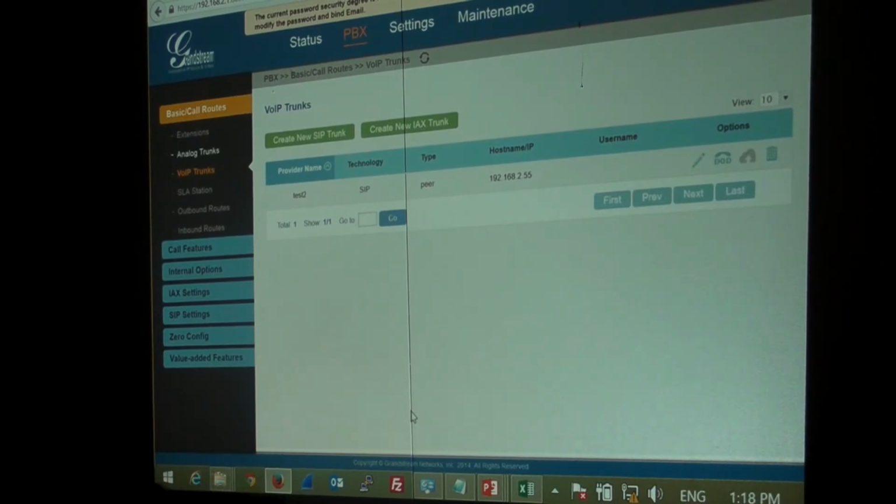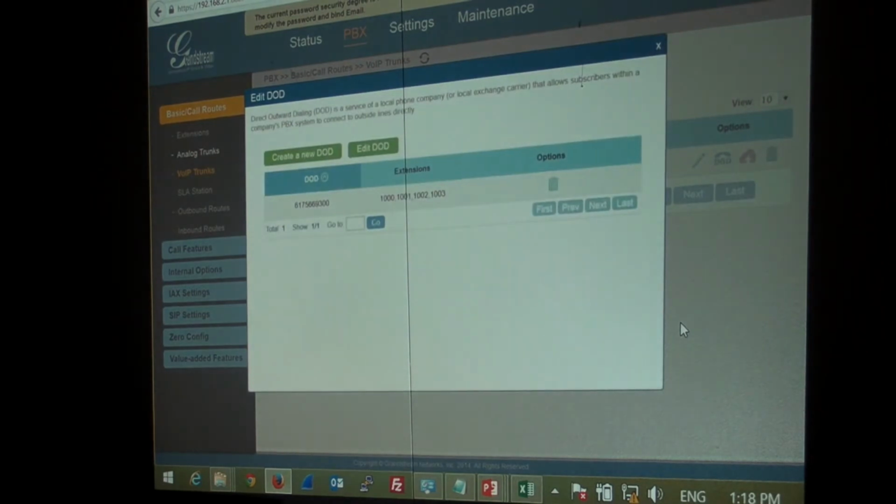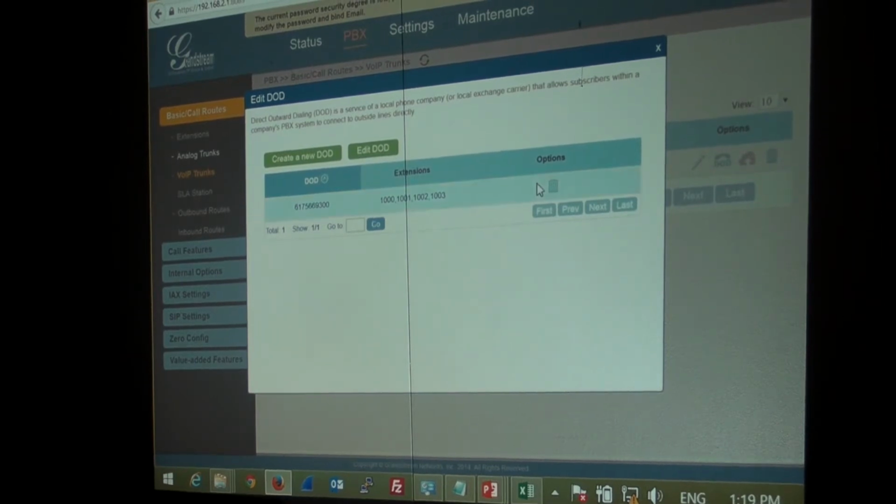So we have 2 trunks, analog and VoIP. Let's do DOD, similar to DID. We're going to talk about DID more in the next section, which is called routing. But as I said before, incoming calls can be routed depending on the DID, similar to outbound calls. So if you have a company with multiple DIDs, the support department is using one particular number, and then accounting or the rest of the office is using another DID. When support makes an outbound call, you want to show a particular number so people can redial and reach the support line. So in order to do that, you basically